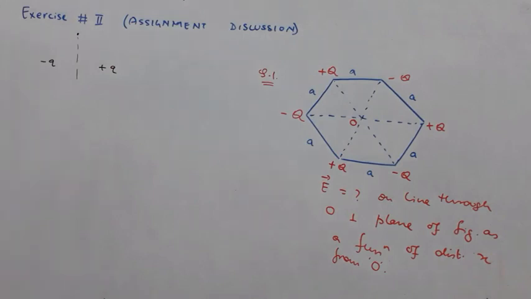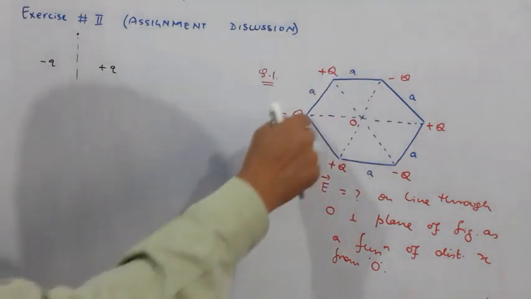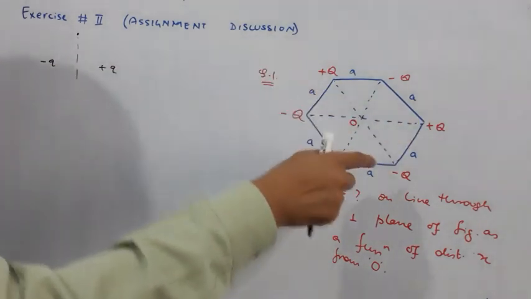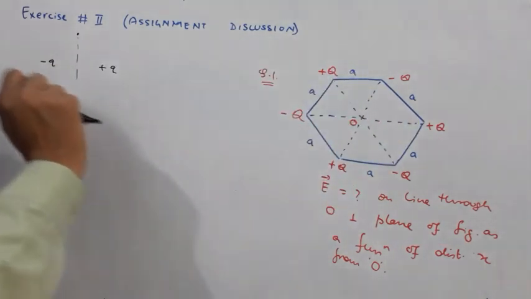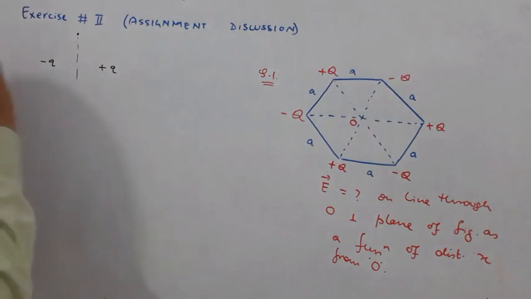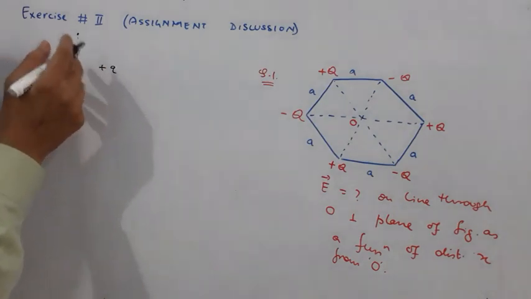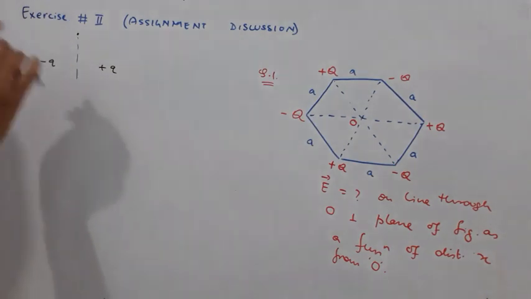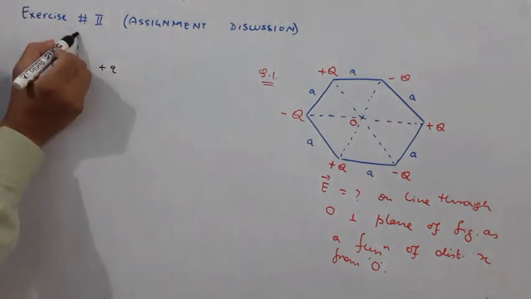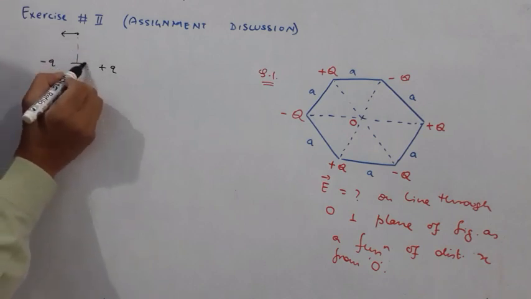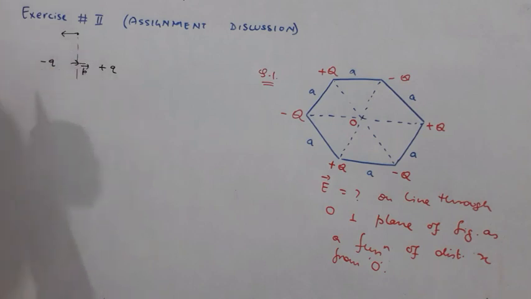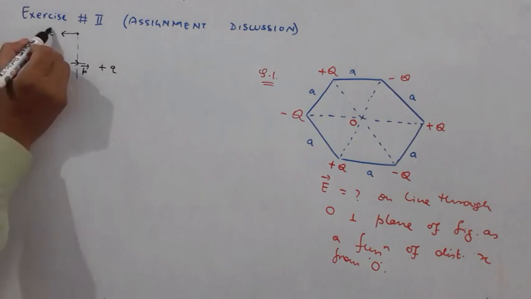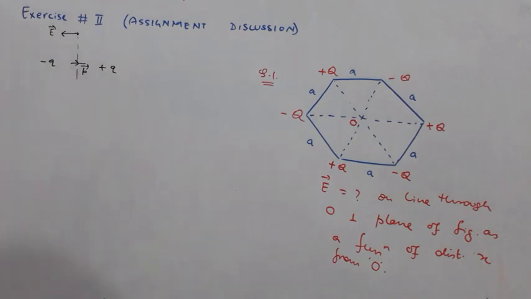You know what is the formula for electric field? Symmetry says all these 3 dipoles are identical, and therefore their values of electric field at this point must be the same. Even if you don't know the exact value, you can do this question. And you should know one thing, that at this point, the direction of electric field is like this, opposite to the direction of dipole moment. So this is E vector due to one dipole.